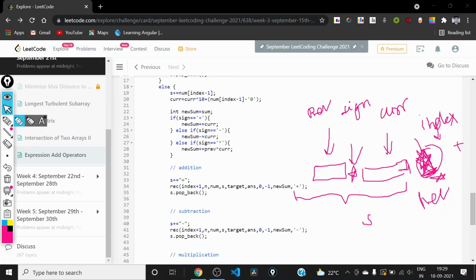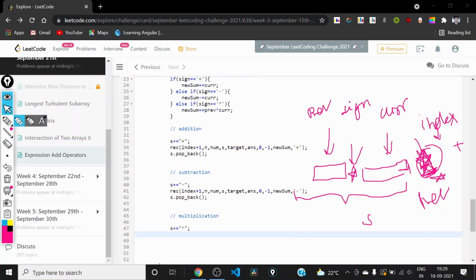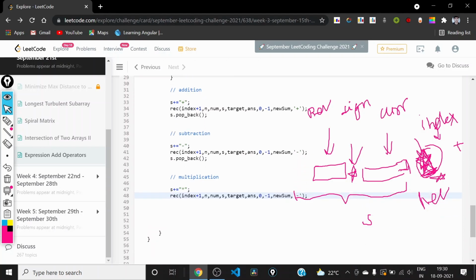After adding the star here, the current will become 0. The previous will depend on the sign. So what was the last operator? If the last operator was also multiplication, then the previous will become equal to the multiplication of these two quantities.